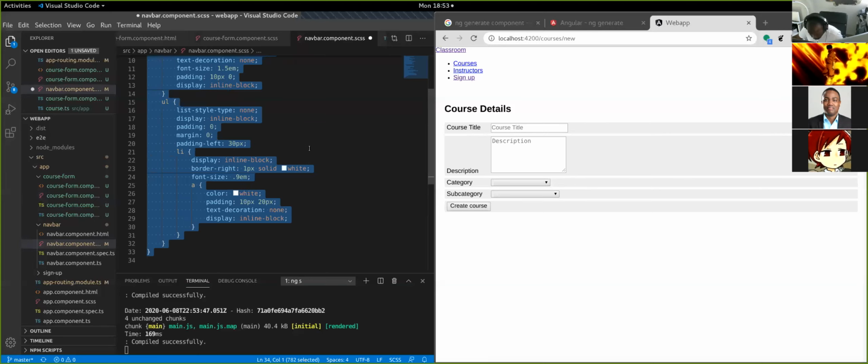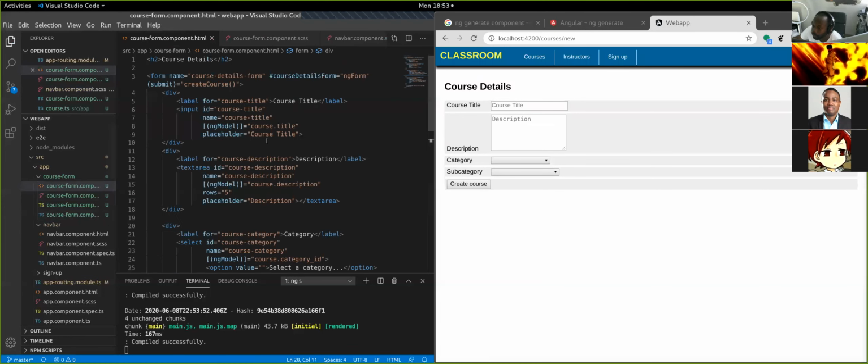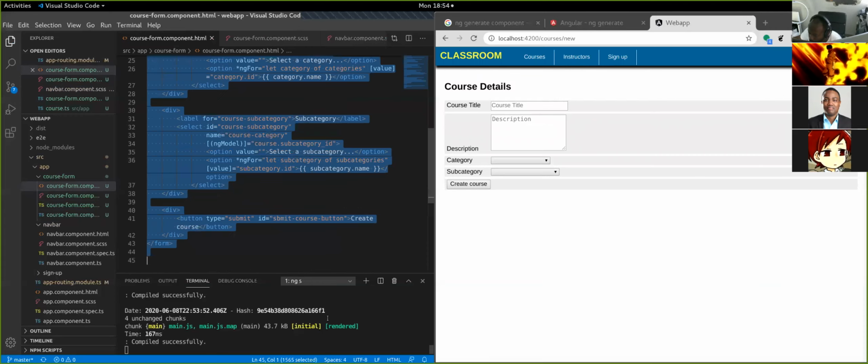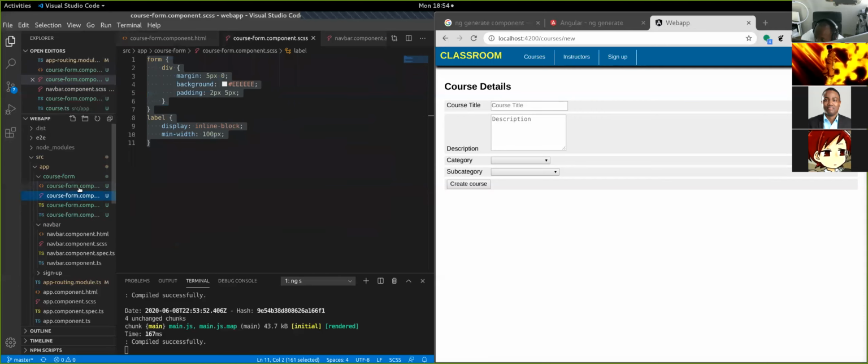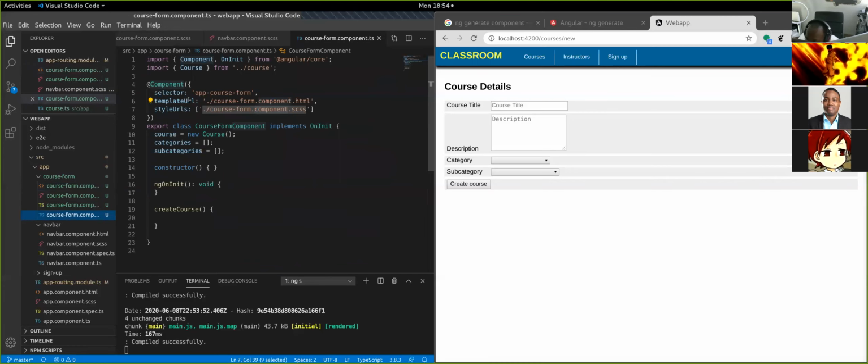All right. So let me show you why you have the template in a separate file. If this template wasn't in a separate file, you'd still have to write HTML. Don't get it mixed up. You always have to write HTML because that's the only way you get elements on the screen, right? If you don't want to have an HTML file, this is how your component file would look. So let's come to our component definition here. Rather than template URL here, you would have